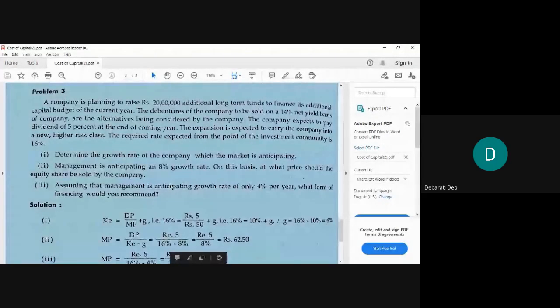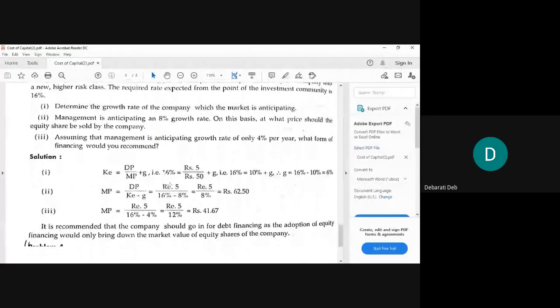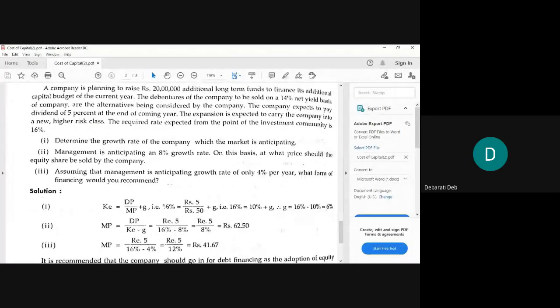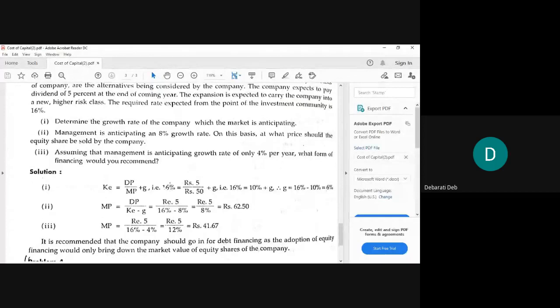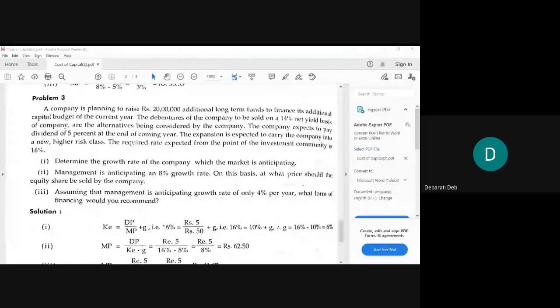Okay, so I will tell you how to solve this sum and what could be done, or maybe I will just solve it and send you the picture by evening. Let us leave it up to here, and tomorrow again we will continue with this. How this 5 and 50 have come, I'm not able to figure out. I did not see it before the class, that's why I'm missing some points. Give me some time. By evening I will give you the solution. If anything is missing here, we can figure it out afterwards. If you have also figured it out, do tell me if you have any queries.